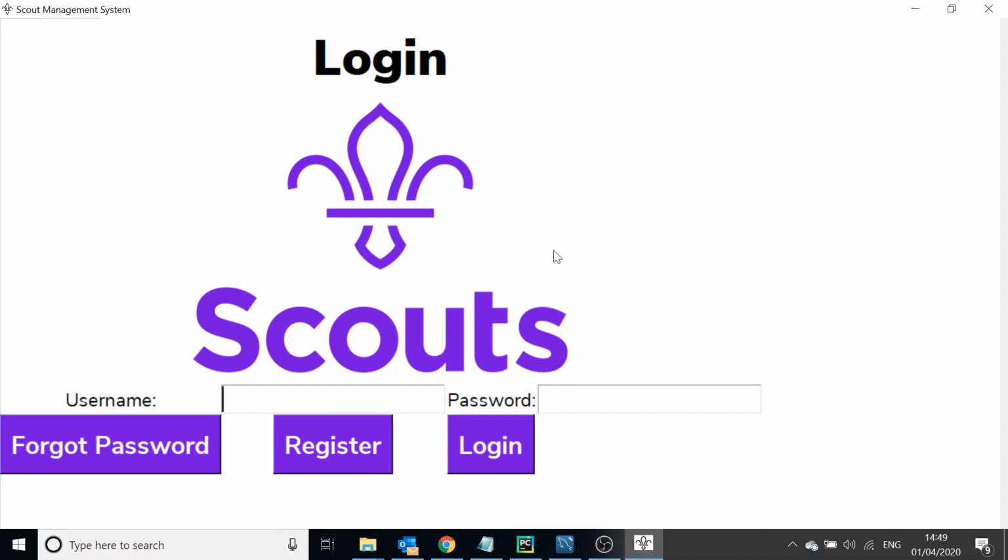Anyway, you can see the amount of different things that are going on there: badges, events, finances, GDPR. You've even got a forgot password feature, but I'm not getting into that. But yeah, it's